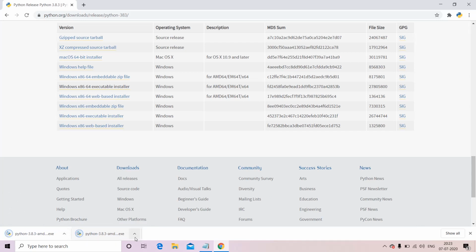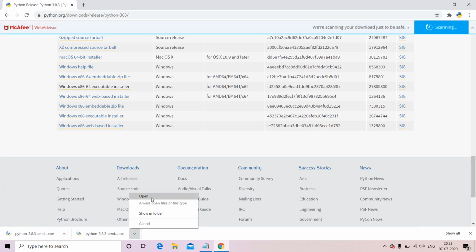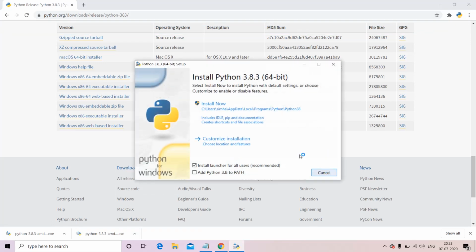Python has been downloaded. Now let us open it. Here, click the checkbox which says add Python 3.8 to PATH, to add Python to your system's path, okay?